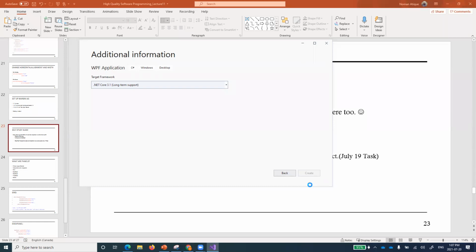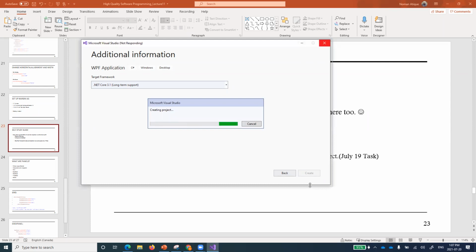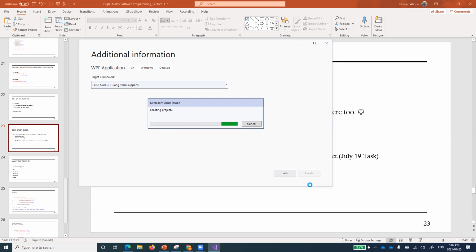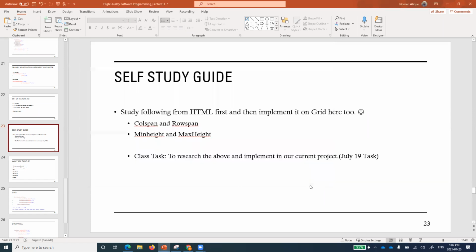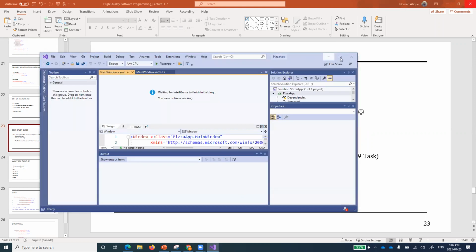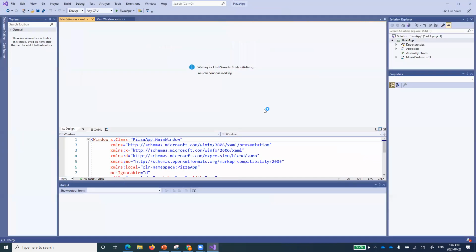Let's move forward and make a new project. I'm happy that only one student has responded that they've tried that college spend and row spend type of thing. So that shows how much interest you people took in yesterday's lecture. That's excellent. Even though I think it was the most interesting lecture of all time. Anyhow, so we have this Pizza app which is just starting.